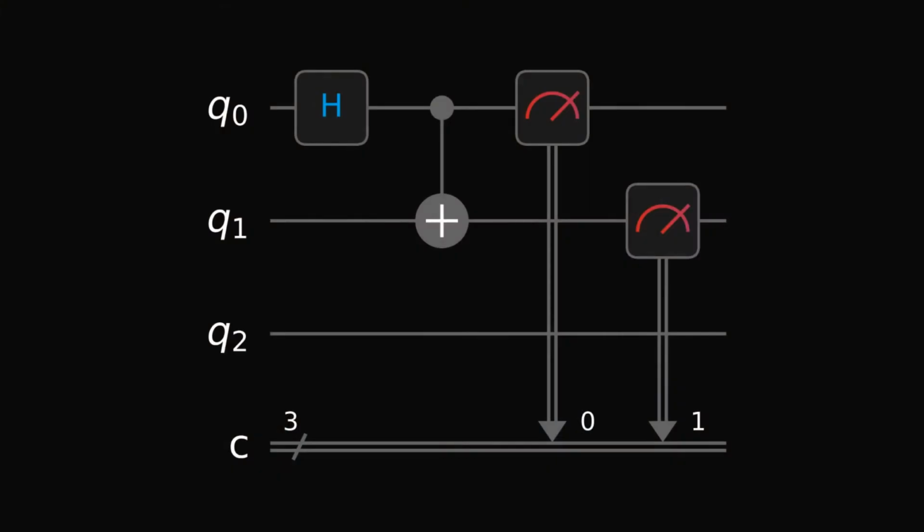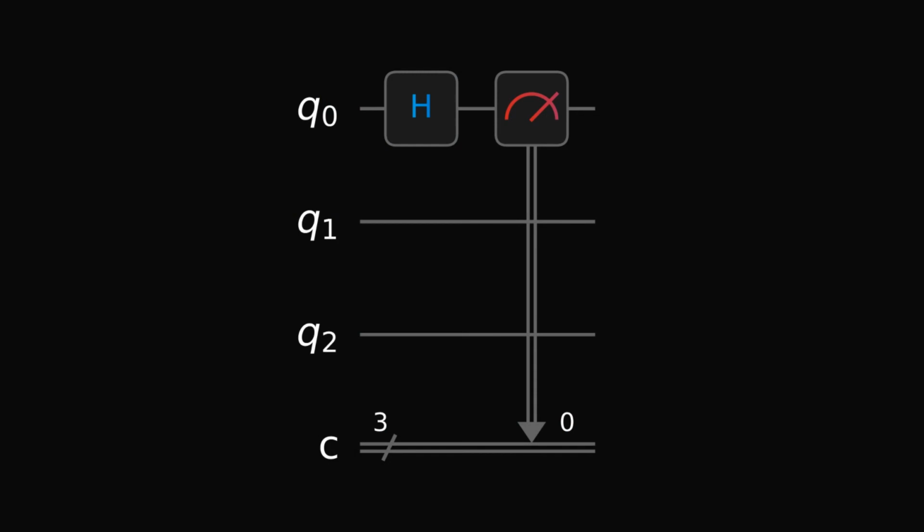Now, I would like to remind you that rotating the Bloch sphere isn't the same as rotating a qubit itself, because a Bloch sphere is just a representation of the qubit. So here's what a circuit that creates entanglement between qubits would look like. It's one of the most basic circuits, really. The Hadamard gate creates superposition on the qubit Q0, while the controlled X gate is creating entanglement between both of those qubits.